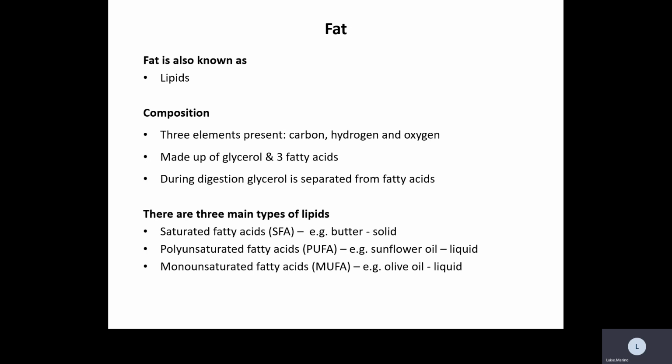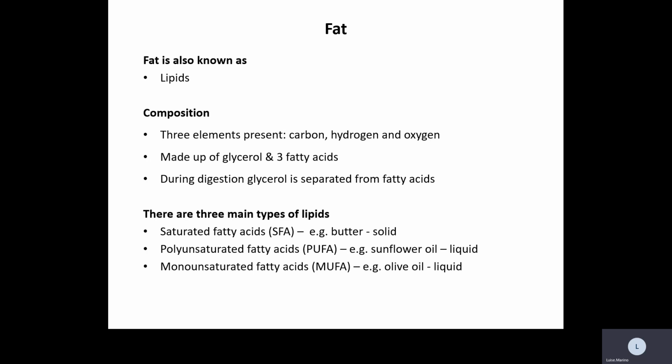So fats are also known as lipids, and the terms are used interchangeably. So, for example, if we're thinking about an oral nutrition supplement or an enteral feed for people who are not able to eat by mouth or eating normal food, we would refer to the fat component within that as fat. Whereas if we were giving intravenous nutrition via parenteral nutrition, we would refer to the fat content of that as lipids. Also, if we were talking about the cell structure, we would refer to the lipid bilayer, which forms